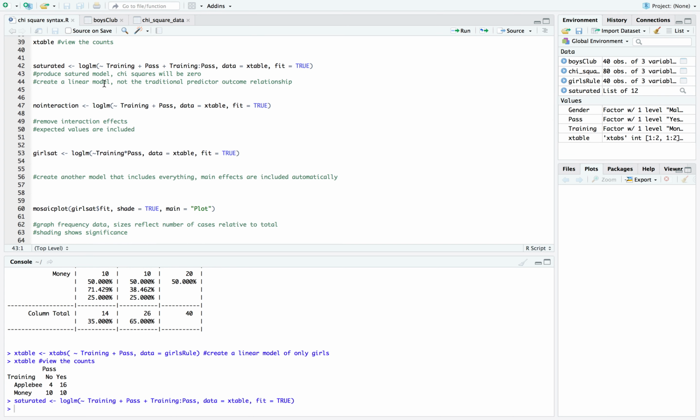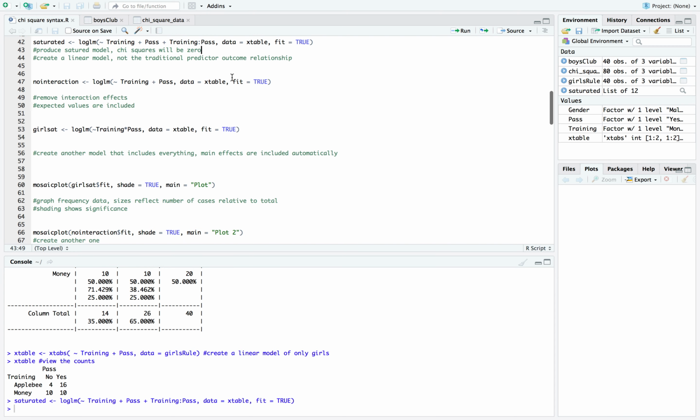So moving on, we're going to expect the chi-squares to be 0 because this is a saturated model. And like I said before, this isn't really the traditional predictor-outcome relationship as far as the formatting of our code is concerned. So now we're going to move on, and we're going to specify a new variable, but this time